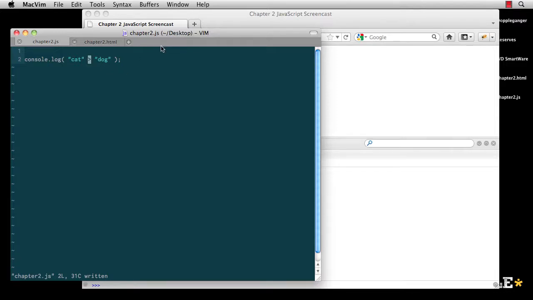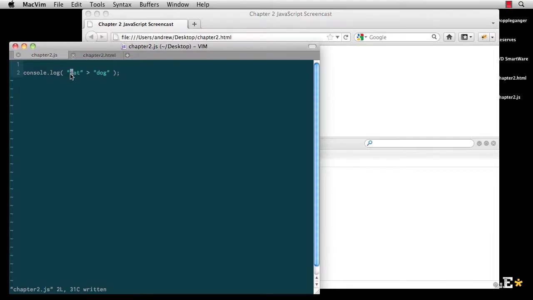Well, the way this works is every character, every letter you can type, has a character code, a number that belongs to that character. And what we're comparing here is the characters. So we start with the letter C, and it says, is the character code for C, whatever number stands for C, greater than the number that stands for D? And it won't get much further in this because D comes later in the alphabet than C, D has a